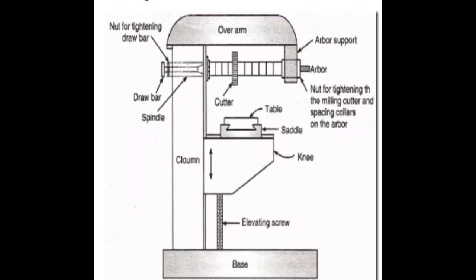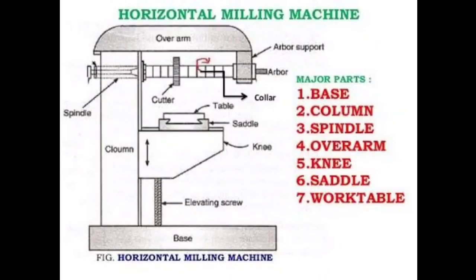The cutter is mounted on a spindle or arbor and revolves at high speed. Except for rotation, the cutter has no other motion. As the workpiece advances, the cutter teeth remove metal from the surface of the workpiece and the desired shape is produced. This is the basic working principle of the